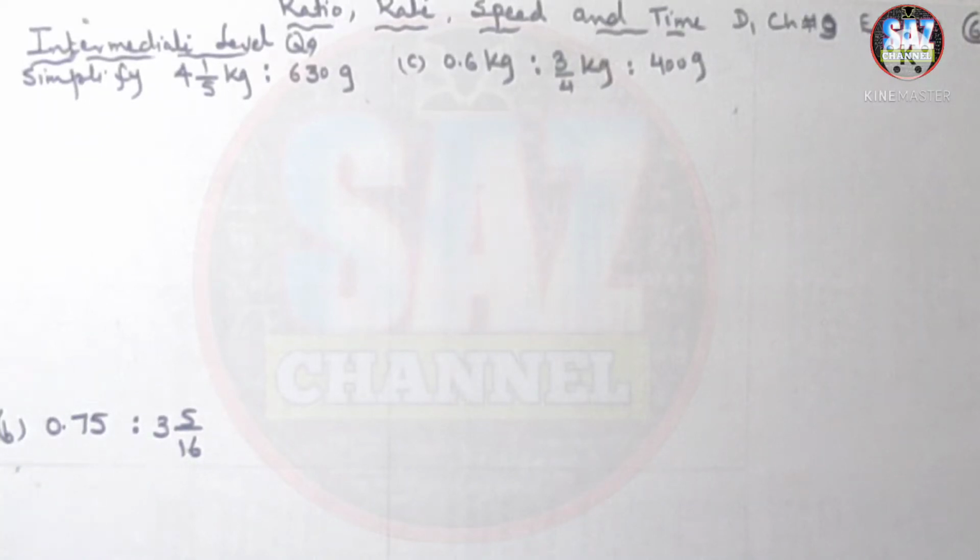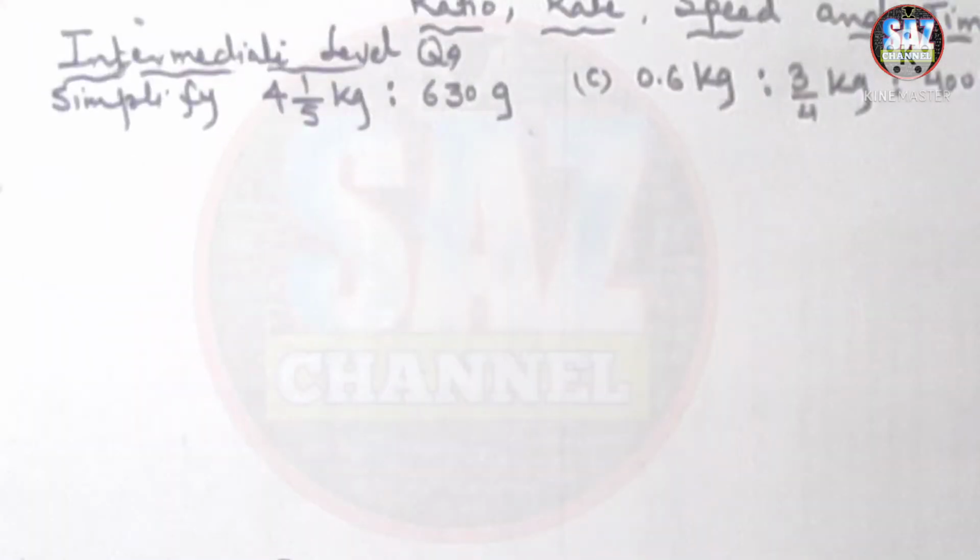This is my sixth lesson of D1 chapter number 9 exercise 9a, that is about the ratio, speed, rate and time. In this lesson students will be learning and discussing intermediate level question number 9, and question 9 says simplify 4 whole 1 by 5 kg to